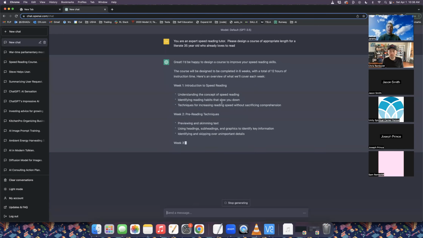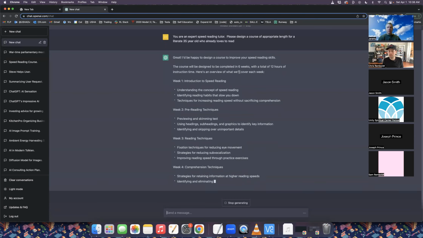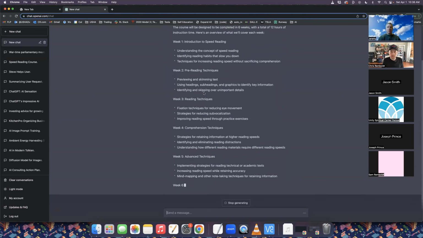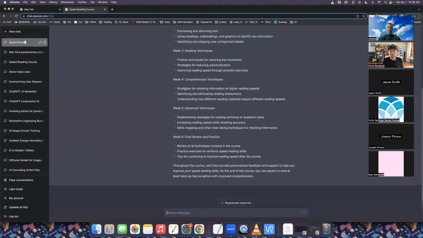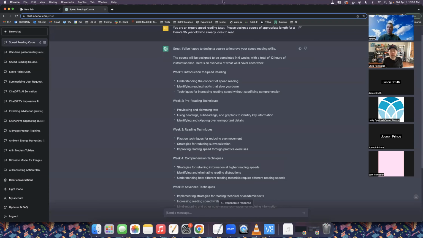And let's see, it says 6 weeks is how long it thinks I should take to learn this. It will give me details of each week. And this is one of the ways that I prefer to use ChatGPT: have it make an outline first, because once you do that, you can have it elaborate on different things in the outline. So let's say we want it to give me a day-by-day breakdown of week 1.